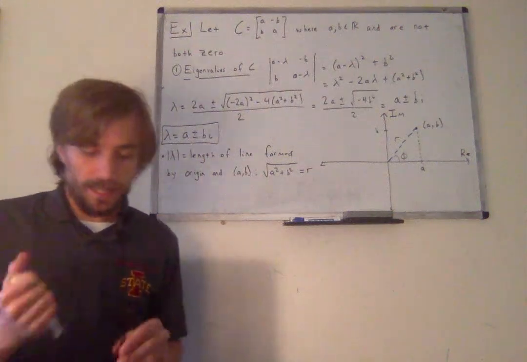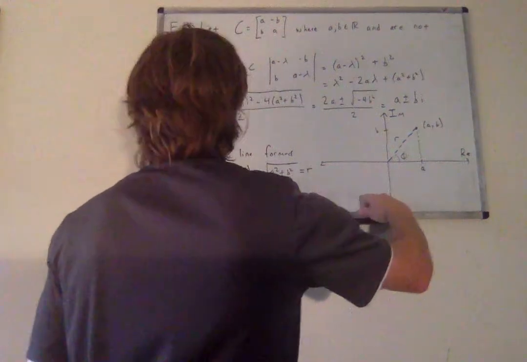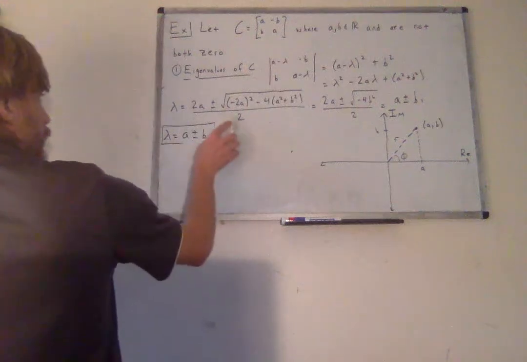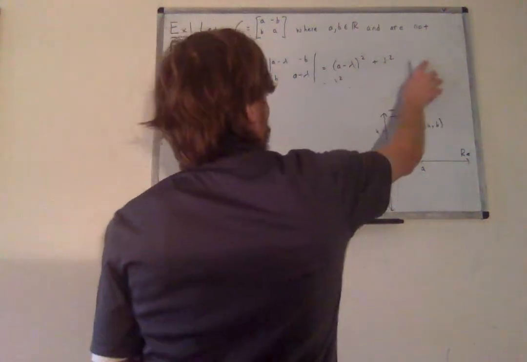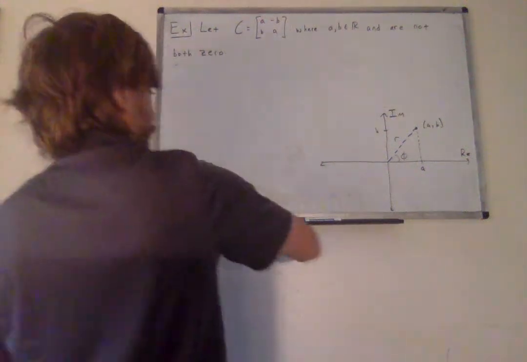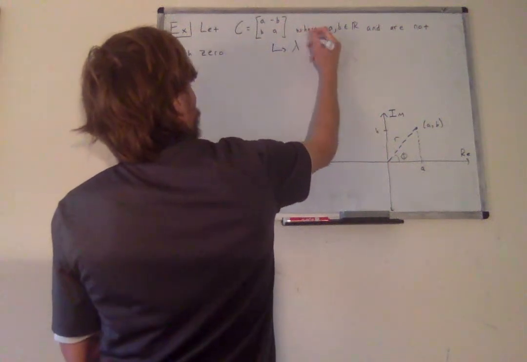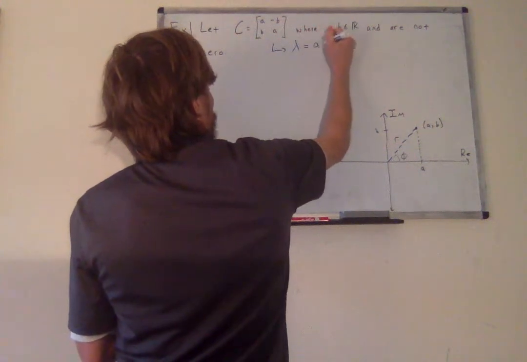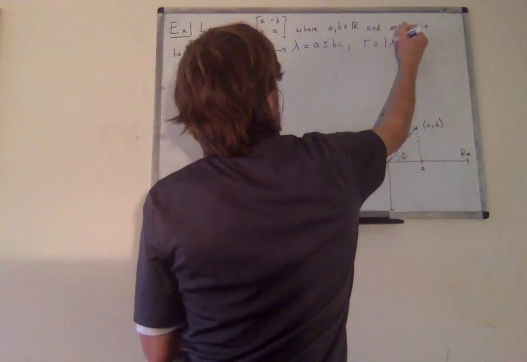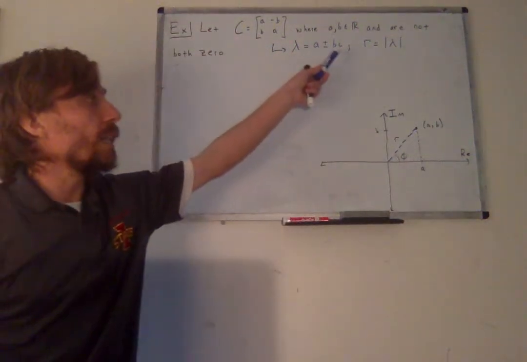All right, so why is that? First we can look at an example of what this matrix does to the point 1, 0. I'm going to keep a few things handy here. We'll remember that lambda is equal to a plus or minus bi, and that r is equal to the modulus of lambda. Notice specifically that it doesn't matter which one of the two eigenvalues, a plus bi or a minus bi, we use in calculating r,